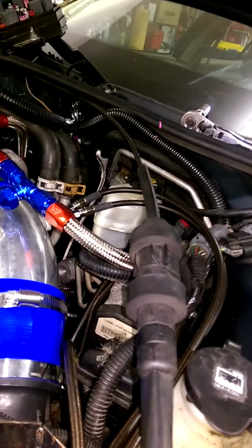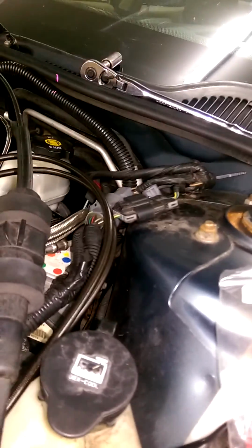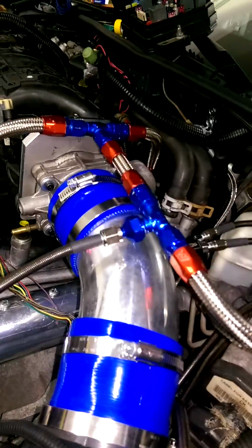And ran the AN line forward up to here. So, you can go ahead and, I guess, cut it and put a compression fitting on there, or take a rubber hose and put several clamps on it, and it'll work and hold for probably a couple of years. But me personally, I just like doing shit right, and this is my toy car. This isn't a DD for me. I just wanted to go ahead and do it right, so I ran AN line all the way forward,